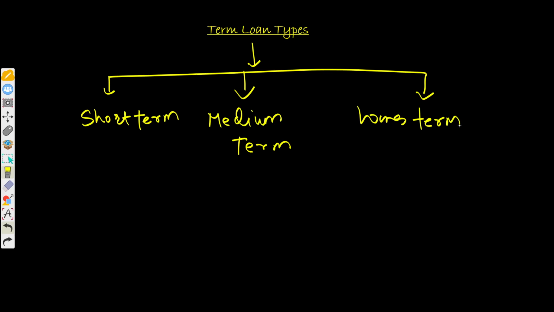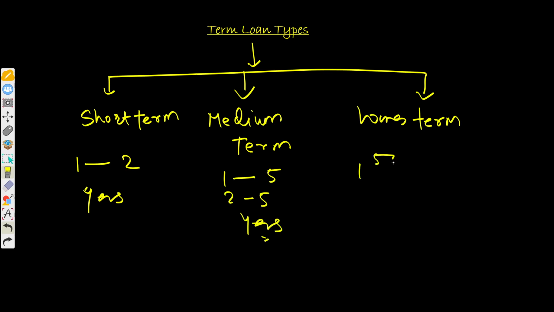Short term basically means 0 to 1 year, or maybe 1 to 2 years. Medium term is basically 2 to 5 years, and long term means 5 to